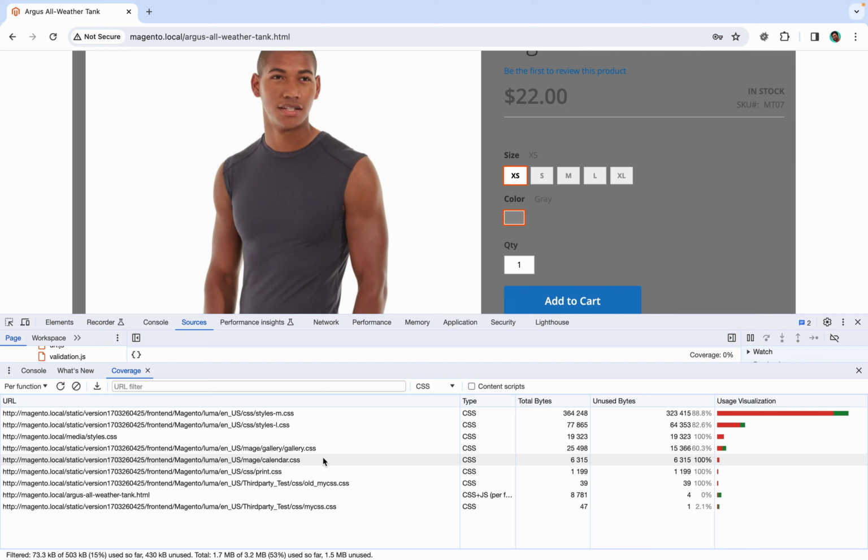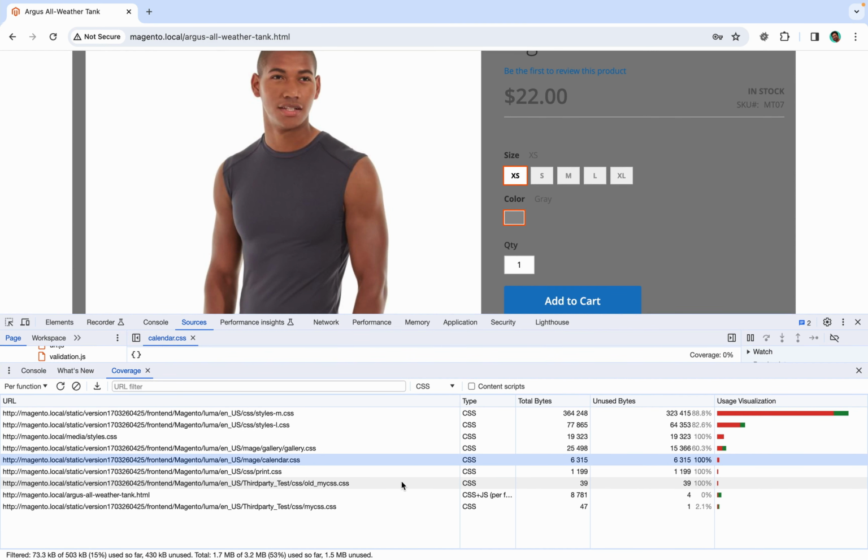So you have to review these files, whether really it is used in one place or another place or not, because it might be possible that you have loaded this file in all pages, but you require these files only in a few pages. But in our code coverage, whatever pages we have browsed, these files are not required. That's why this unused percentage is 100. So you have to review all the files where unused percentage is 100 or close to 100 and figure out whether really these files are required or not. And once you identify that these files are not required, you can remove them.